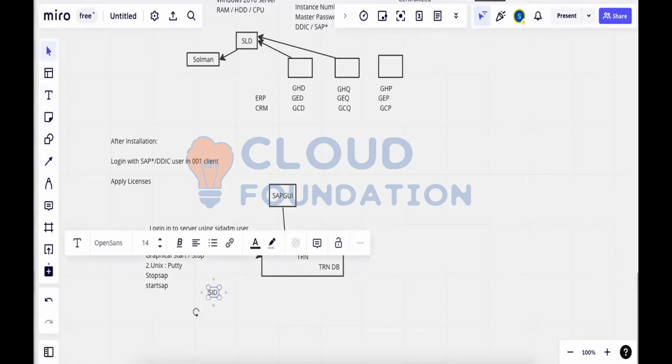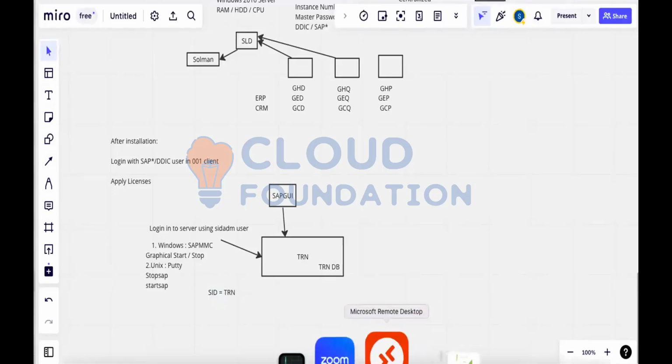SID is equal to TRN. So you require the user ID TRN ADM. You cannot do it. Got it? Not everyone is going to start, otherwise it will be completely hanged. You are stopping, I am stopping, somebody else also stopping, then it is completely inconsistent,